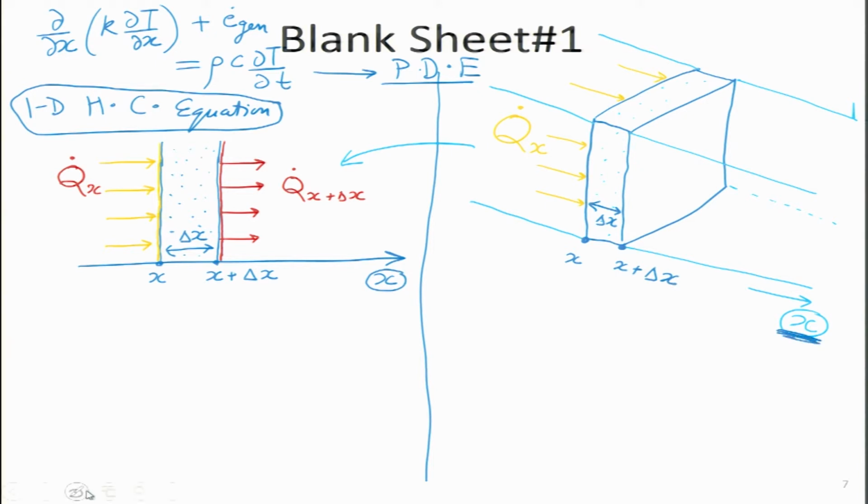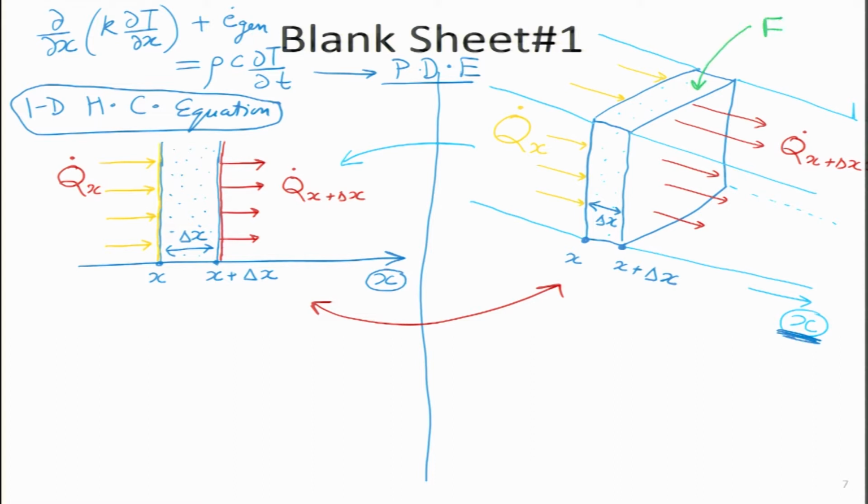Now, on the right hand side surface, heat transfer is taking place in this particular direction over here, and this I will show as x plus delta x. So, as you can clearly see, the figures on the right and left hand side are similar. Now, what is happening inside this particular case is that heat generation is also taking place, which means in this particular differential element there is a certain amount of heat generation which is taking place, and that I can show on the left side as well.